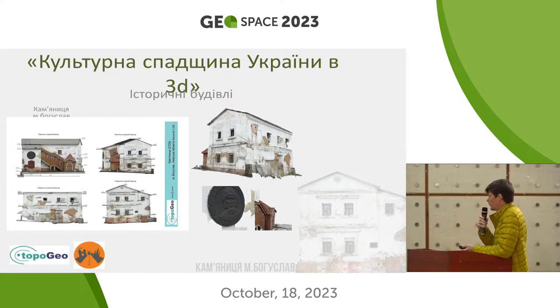This is the town of Boguslav in the south of Kyiv Oblast. There used to be a Jewish school in that building. Then the Gestapo had its headquarters there during the Nazi occupation. So we made the 3D drawings of that building, and the precision is about 2 centimeters. All the sizes and all the parameters are there, and that can be very helpful for